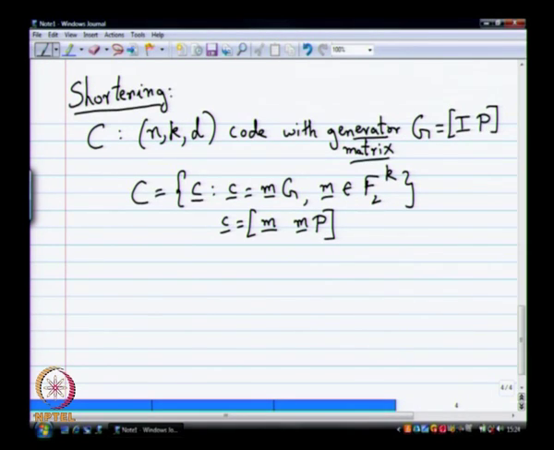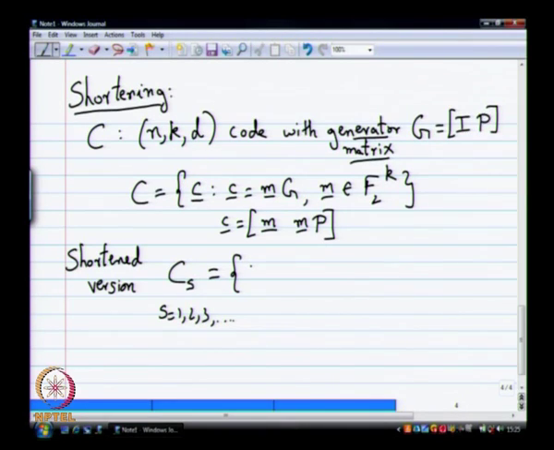So, what you do for the shortened version is, I am going to now define the shortened version. We will call it C sub s, and this s is a positive integer. Okay. So, s is basically 1, 2, 3 and so on. So, C sub s is basically,